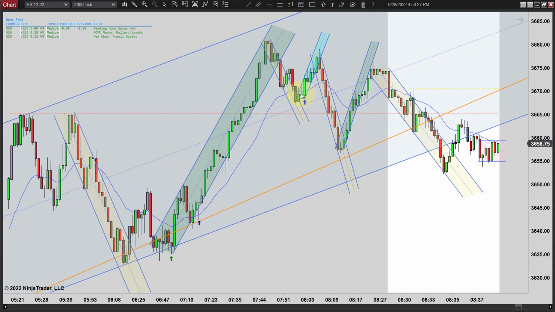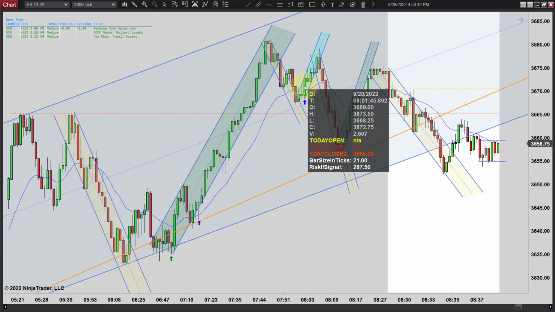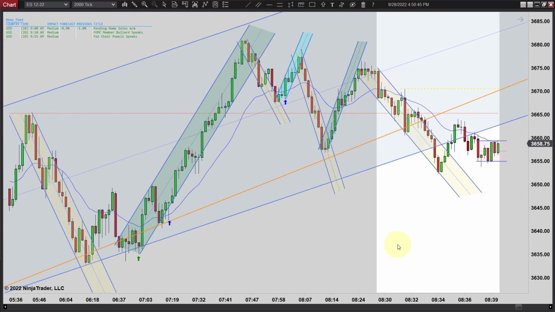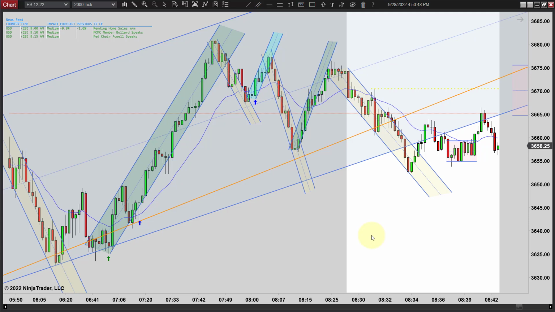I don't know that I would trade this on the engulfing bar because it looks a little congested, but when this closes up here, I wouldn't have a problem going long. And you might let it break higher and use a limit order and give yourself 2 or 3 ticks, see if you can get a little better entry just to shave off some of the size of that bar. It's 21 ticks. Honestly, that's not a very big bar lately, but you could have easily shaved off, let's just see what you could shave off that one. You could have shaved off 6 ticks, 1.5 points.